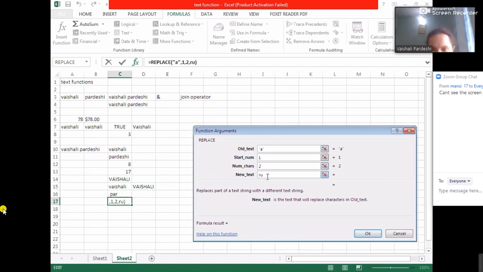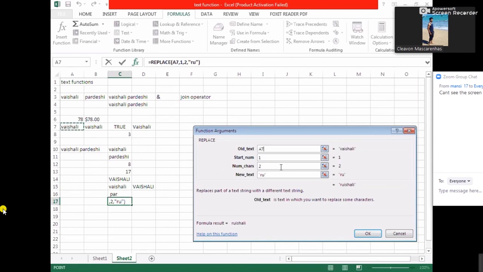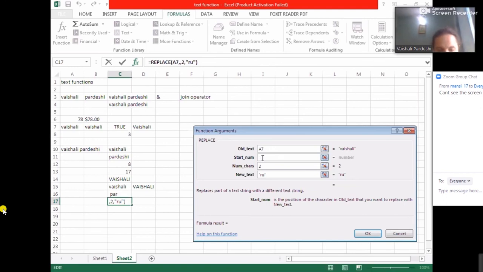One minute, something has gone wrong. New text is the character that will replace the old character. New text. Ah, this will be, sorry. Okay, so from A7, starting at number 1, I want to replace 2 characters, that is R and U. Okay, from the starting position 2 we will say.